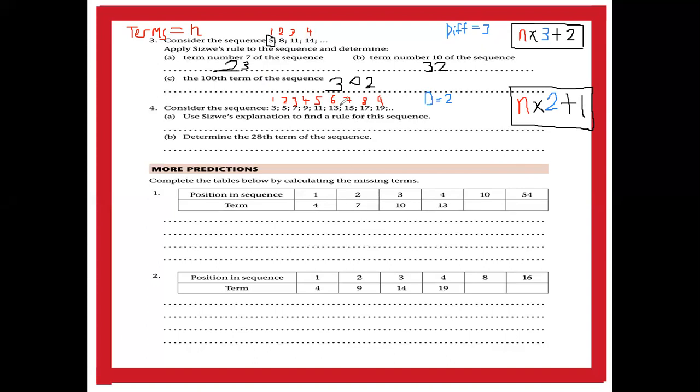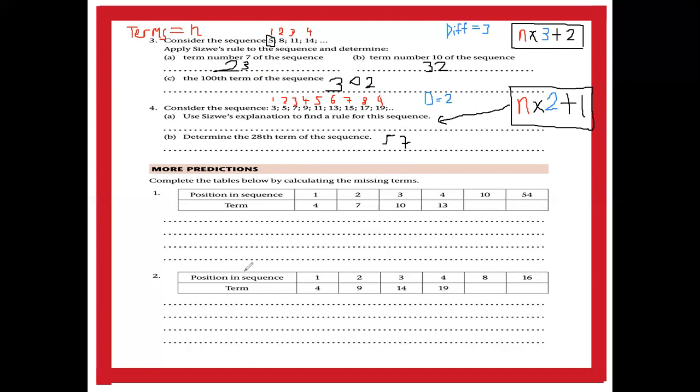And let's check one more, check a random one. We can check with 7. 7 times 2 gives us 14, plus 1 gives us 15, which is correct. So there's our rule. Our rule is n. This is the answer for this question here. N times 2 plus 1. And then to determine the 28th term of the sequence, we substitute 28 into n, which will be 28 times 2, which gives us 56 plus 1. So the answer will be